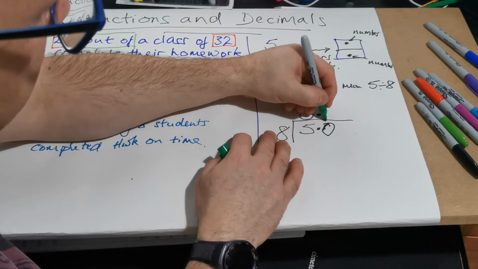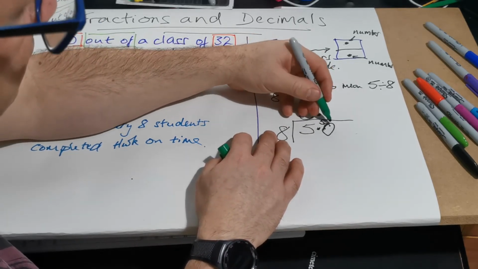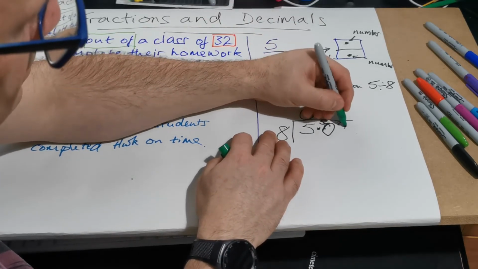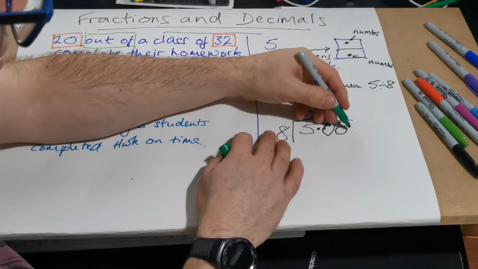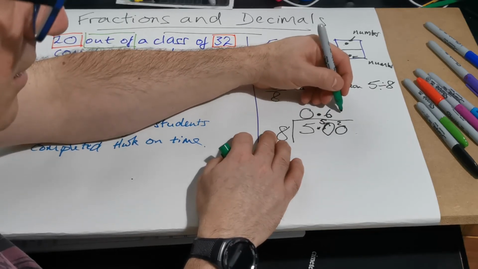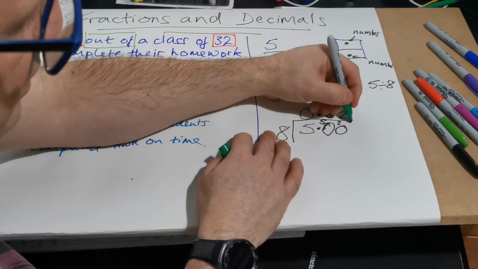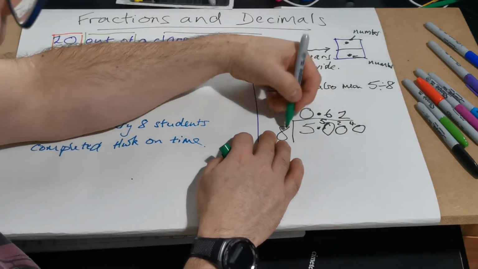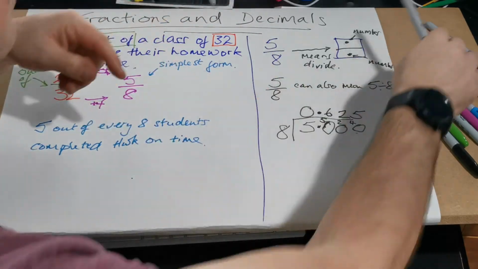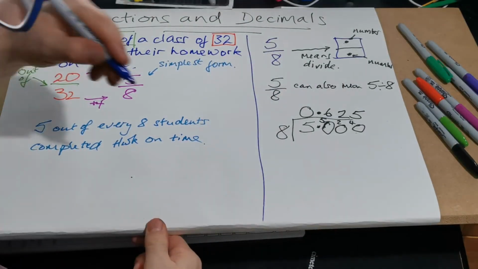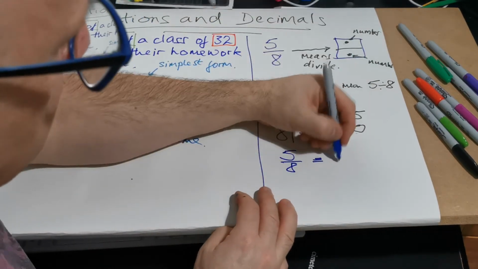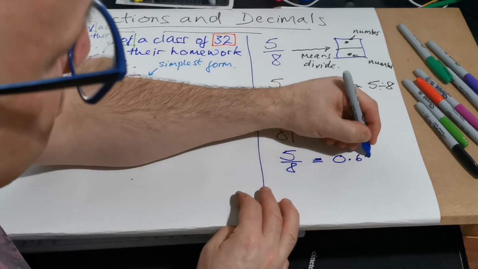8 into 5 doesn't go, so we carry the 5. 8 into 50 though goes 6 times, but we carry a 2 over and add another 0, so we're now looking at hundredths. 8 into 20 hundredths goes 2 times, remainder 4, and 8 into 40 goes 5 times. So 5/8 is directly equivalent to 0.625,